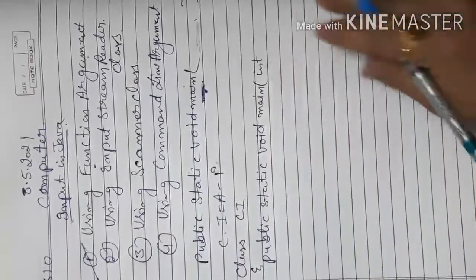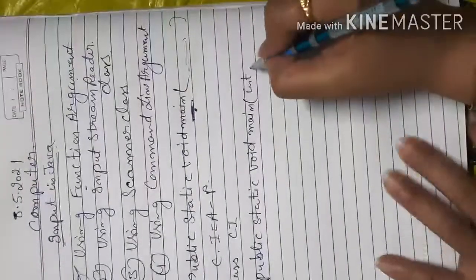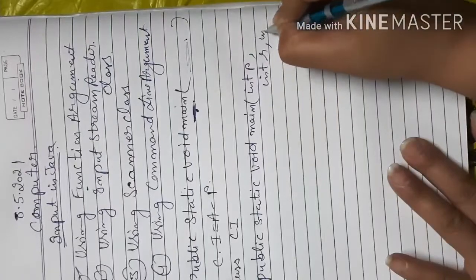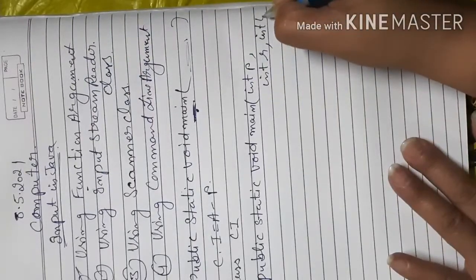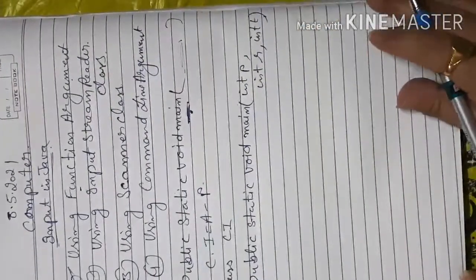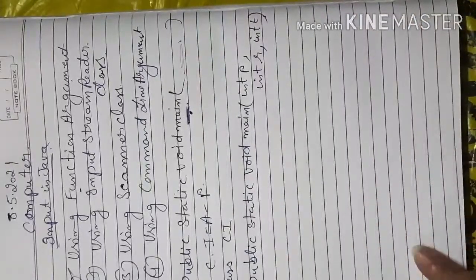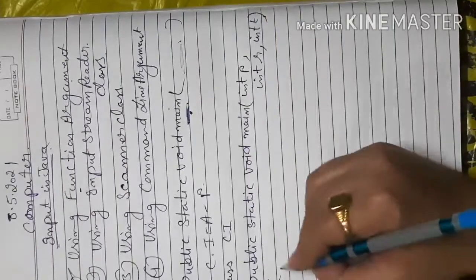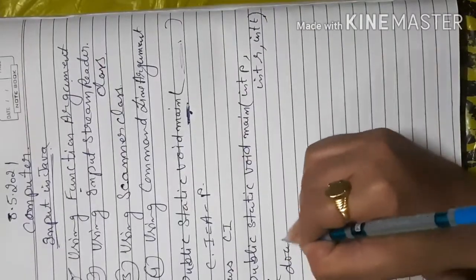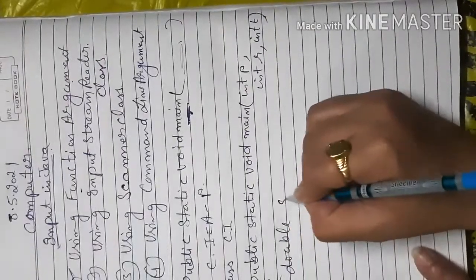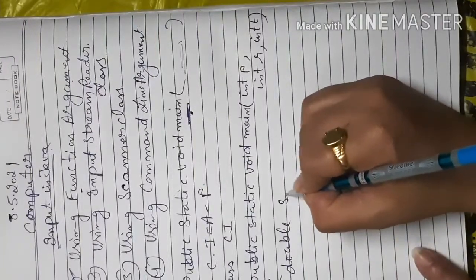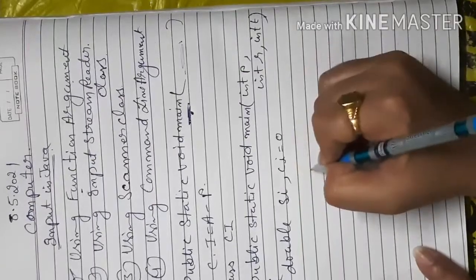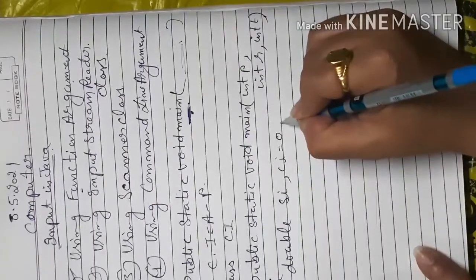I will read the values from the command line, like integer p, integer r and integer t, so that I can calculate my compound interest value. So what do I do next? This is the main program started. I consider a double simple interest. I take SI, and compound interest because I want to calculate it. I initialize with 0. Then amount.